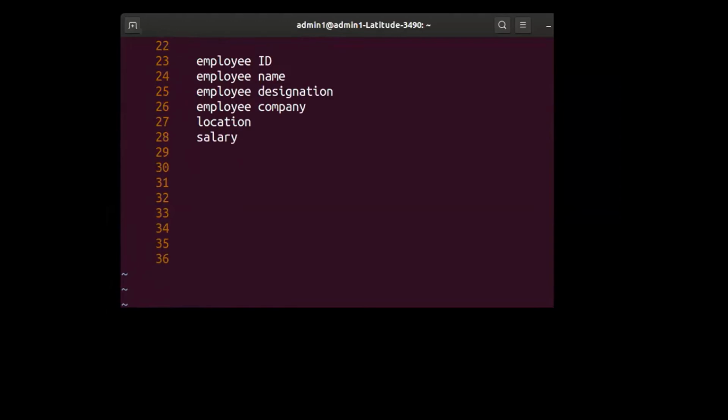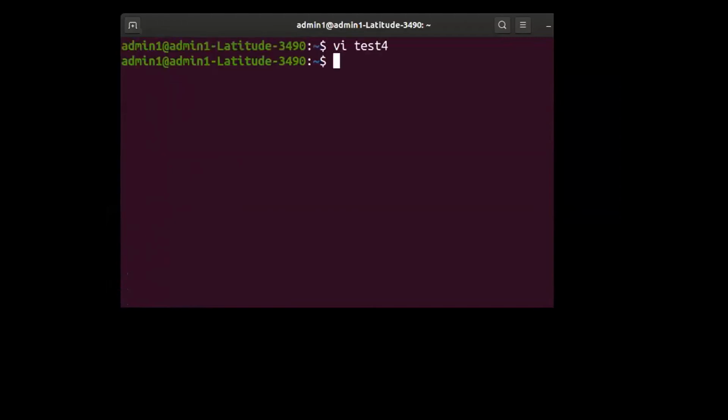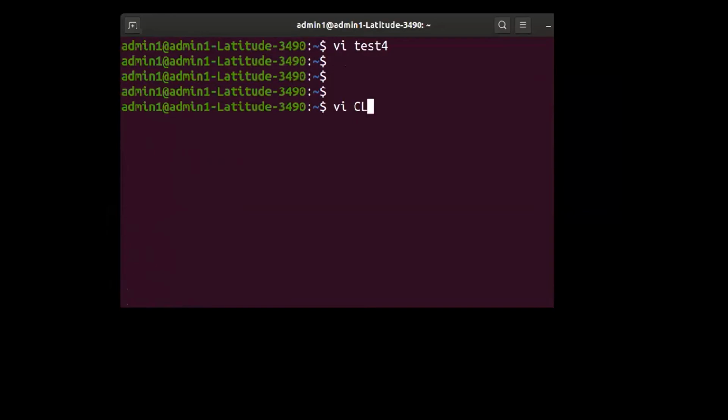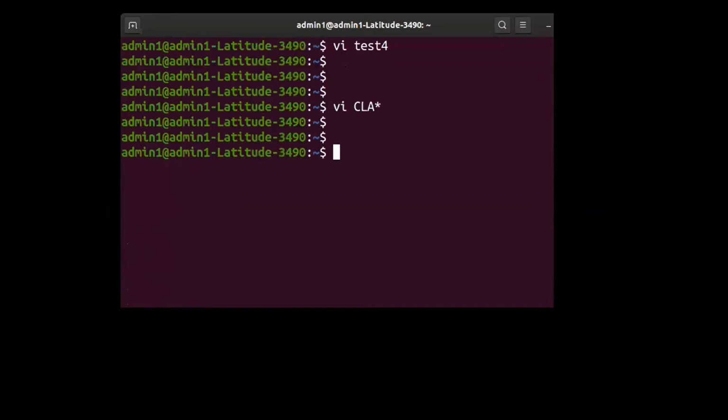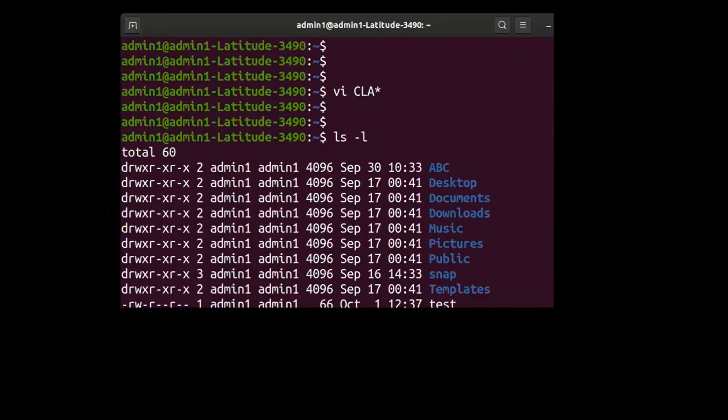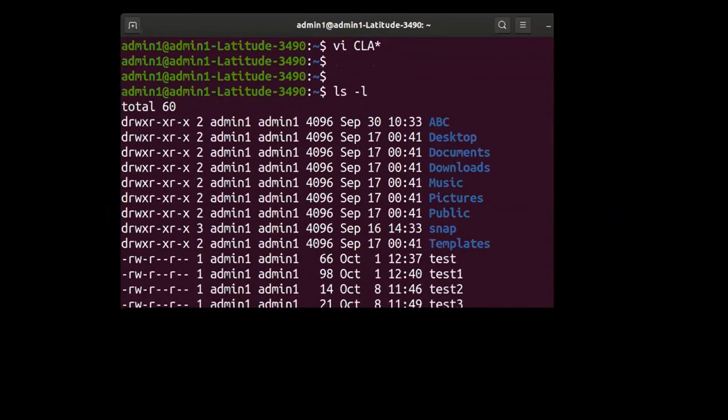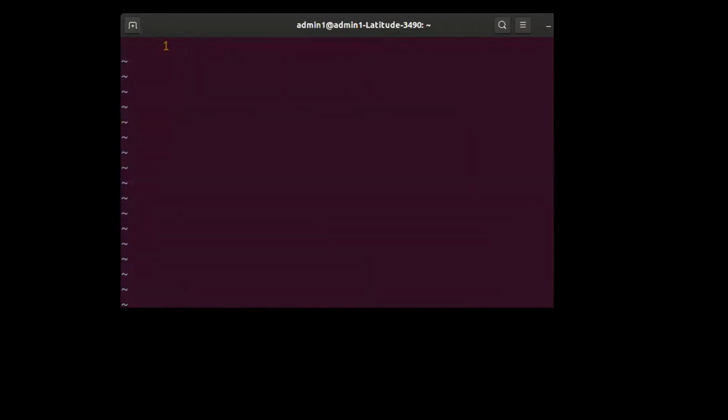Now let us see how we create this database file. It's vi class_5a.